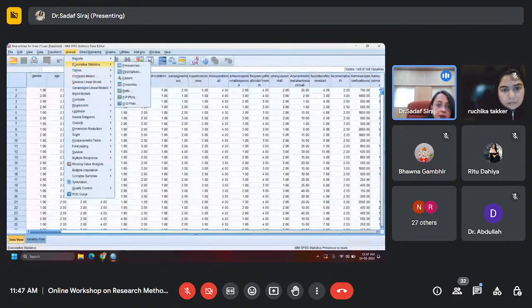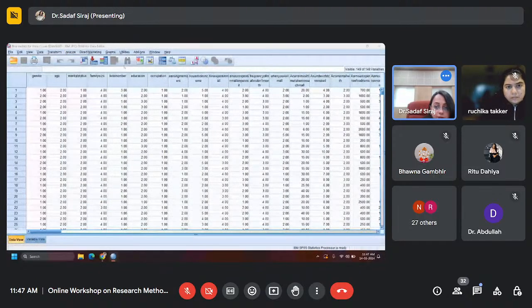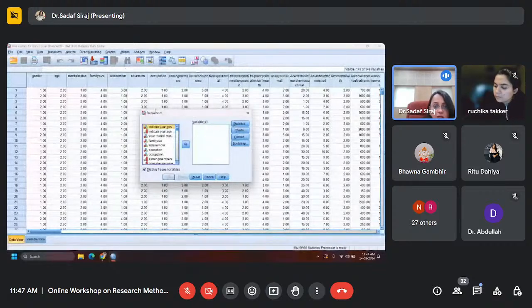So we'll start with the simpler things first. We just want to know the frequencies of responses. So I go to Descriptive, then I go to Frequencies, and I click on it. When I click on it, all the questions emerge in the left hand side window. All the questions that are there in your questionnaire are here now. And the icons show whether it is ordinal or nominal or scale in nature.